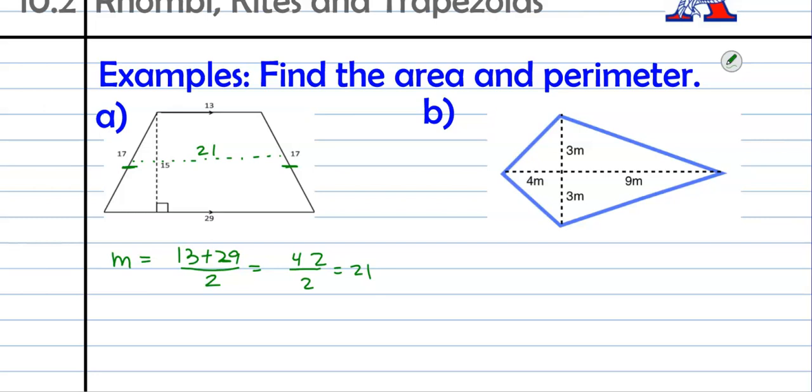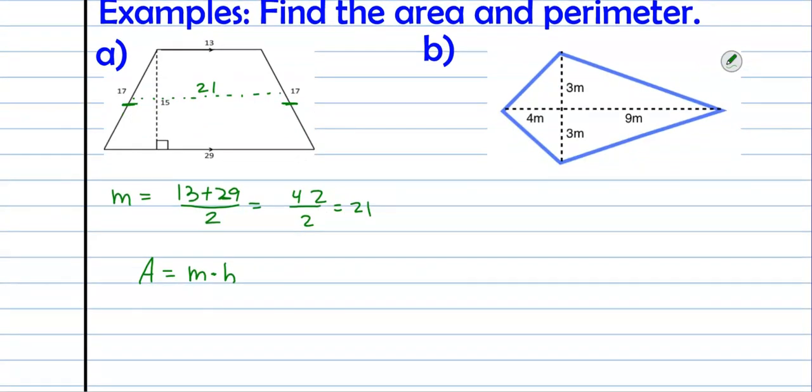And we can kind of double check that. From 13 to 21 would be 8 units. From 21 to 29 is another 8 units. So we're good to go there. We got the median. At that point, we just need to remember that area is median times height. We have those things. I'm just going to label the 15 as our height and the 21 as our median right in the diagram. So all we have to do is 21 times 15, and 21 times 15 is,